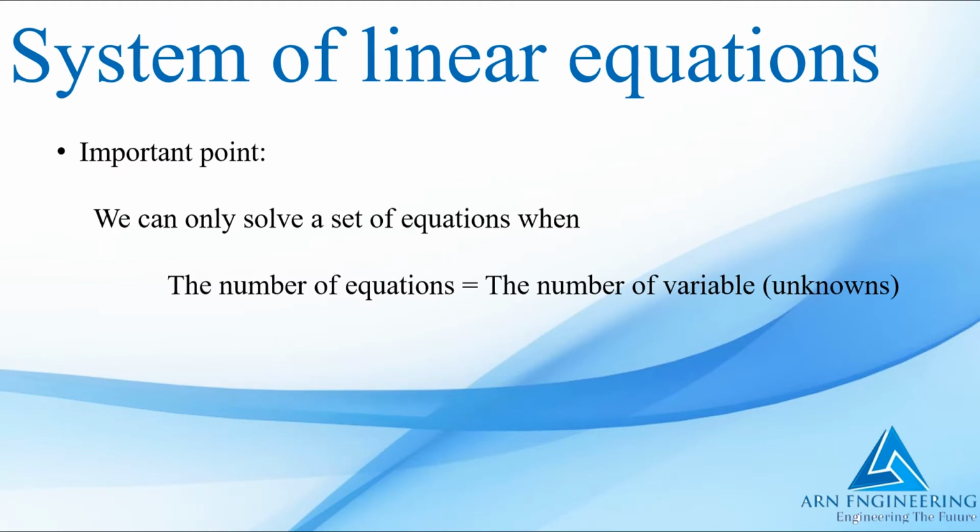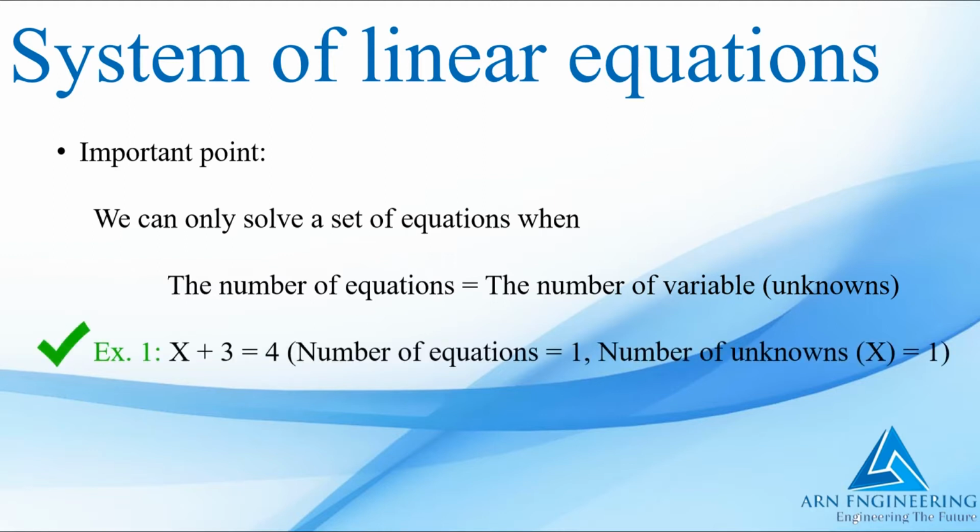Now before we start, it is important to know that a system of linear equations can only be solved when the number of equations is equal to the number of variables. For example, if we look at the equation x plus 3 equals 4, we obviously only have one equation and we only have one unknown, which is x. So therefore the number of equations is equal to the number of unknowns or variables, which means that this equation